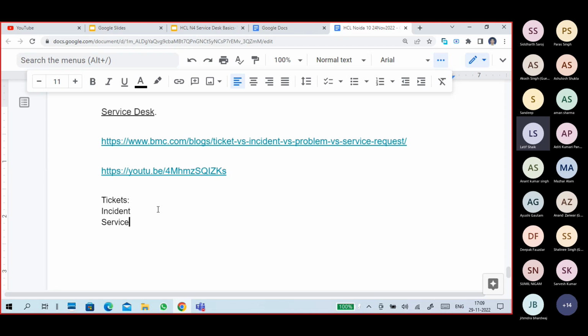Service request. It depends upon the organization, but there are three main tickets. One is the incident ticket, for reporting some issue. I'm not getting internet, or the server is down, service is down, disk is not working. These all come under incident type tickets. Service request: I want internet. I forgot my password. I want email communication, or I want VPN access. I want printer access. I want to change my internet speed. These are service requests. And alerts.